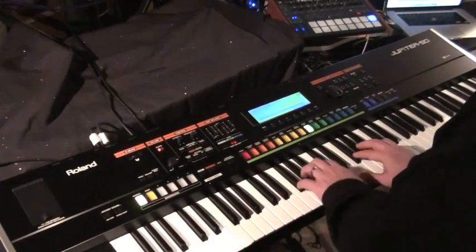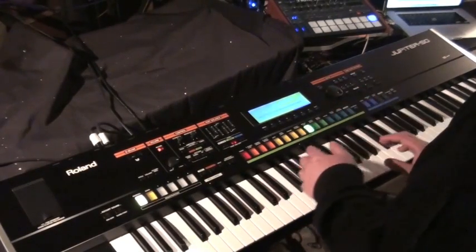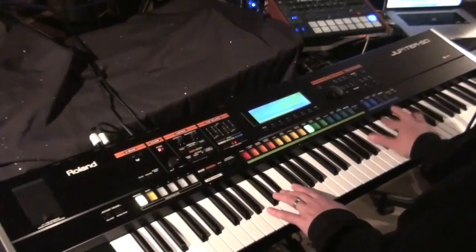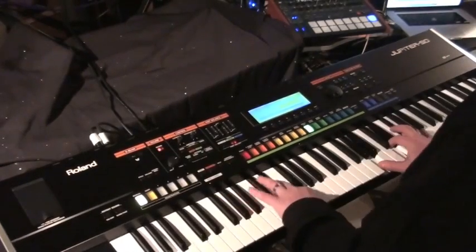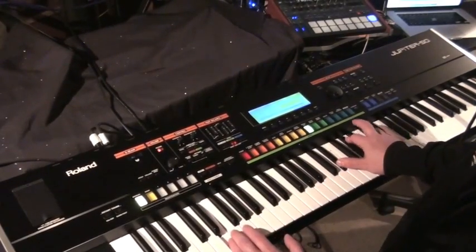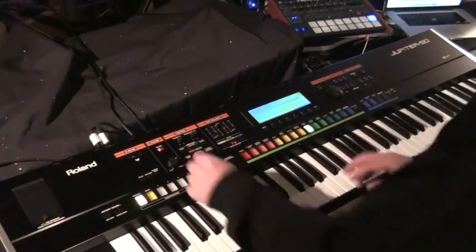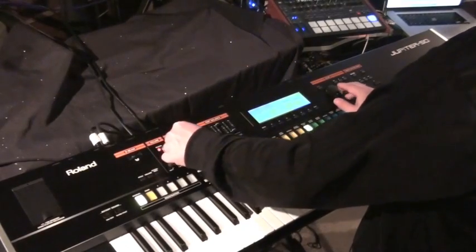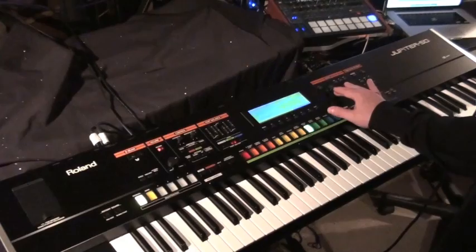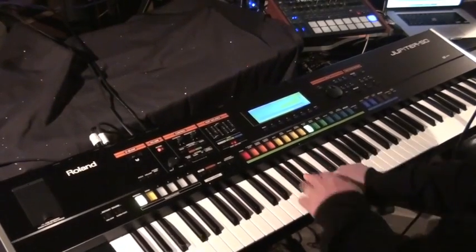Brass and sax. Again, on their own, a lot of these don't sound amazing, but once they sit in a track, note stealing there again, unfortunately. That's due to the fewer notes of polyphony there compared to the Jupiter-80. Alto sax. It'd be so nice to have aftertouch here when you're leaning into it,